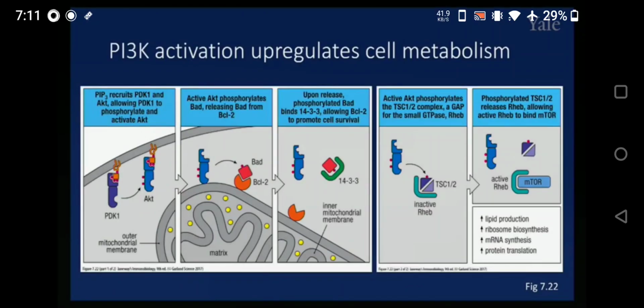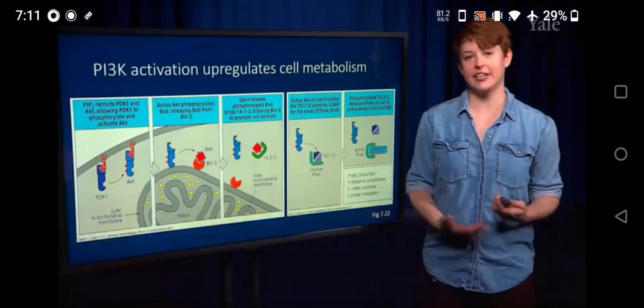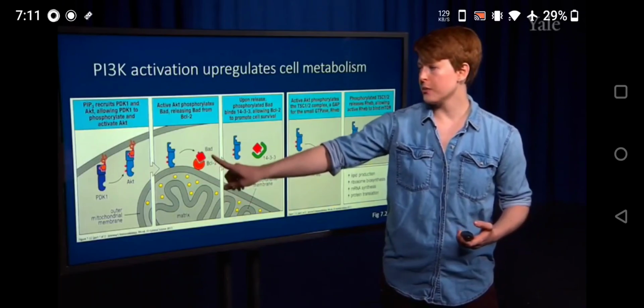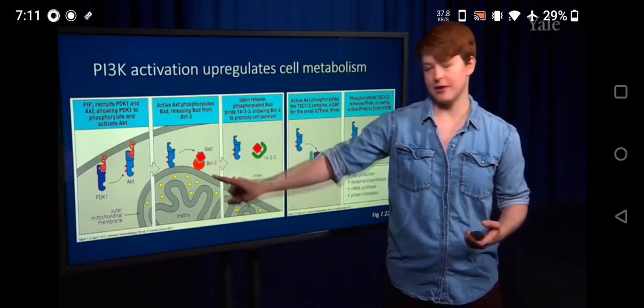Here, PIP3, that lipid in the membrane, recruits some adapter proteins and activates another protein called AKT. AKT acts as another kinase, and this phosphorylates another protein, which then releases it from its adapter